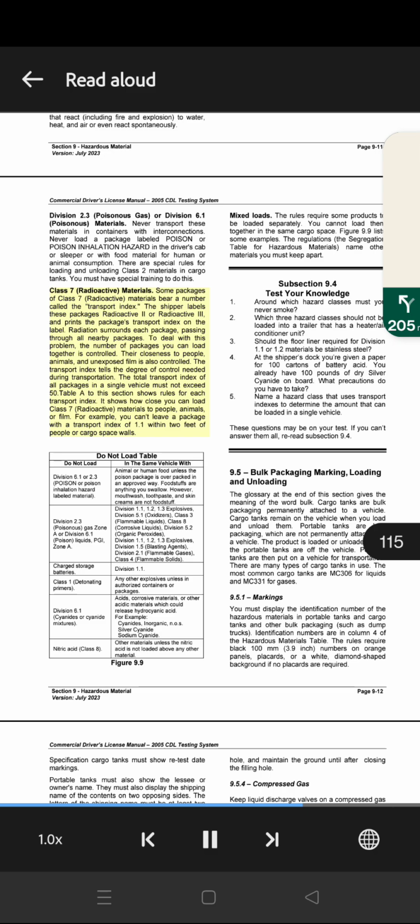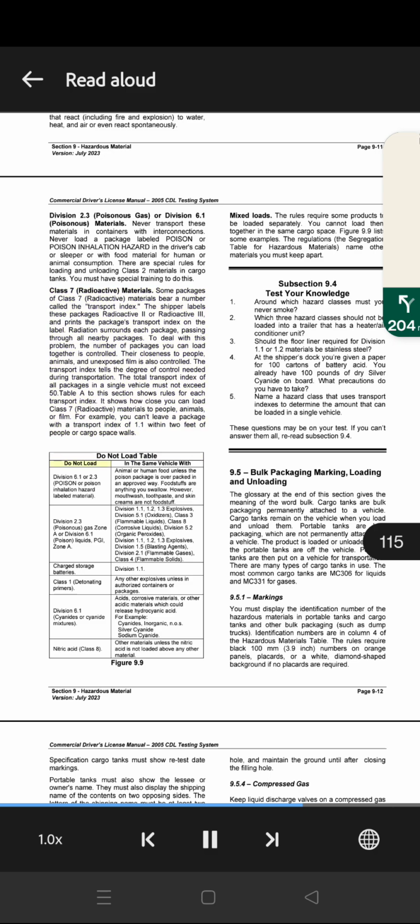The total transport index of all packages in a single vehicle must not exceed 50. Table A to this section shows rules for each transport index. It shows how close you can load Class 7 radioactive materials to people, animals, or film. For example, you can't leave a package with a transport index of 1.1 within 2 feet of people or cargo space walls. Do not load